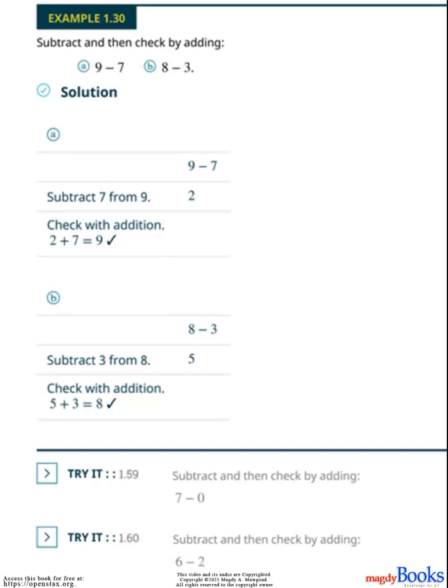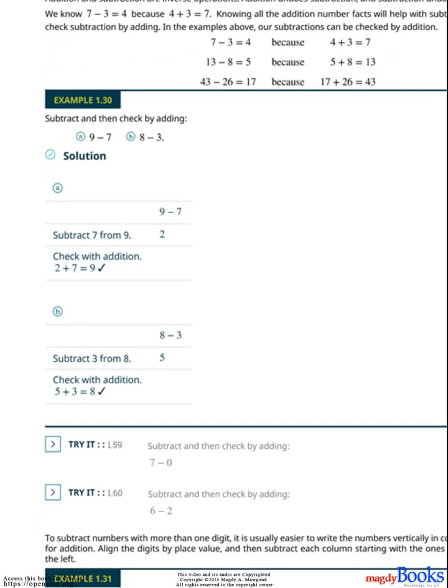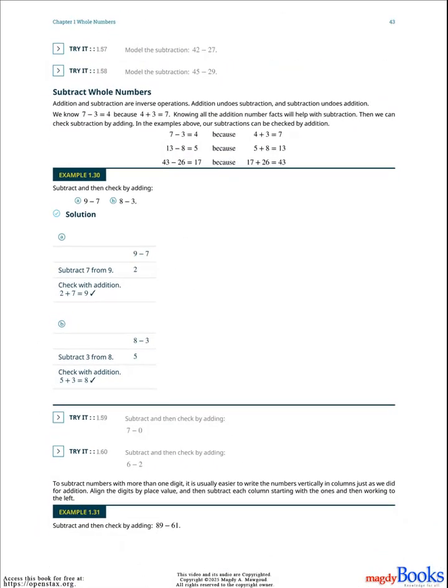Try it 1.59. Subtract and then check by adding. 7 minus 0. Try it 1.60. Subtract and then check by adding. 6 minus 2. To subtract numbers with more than one digit, it is usually easier to write the numbers vertically